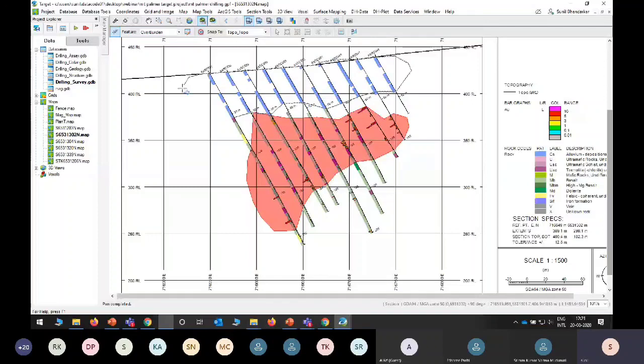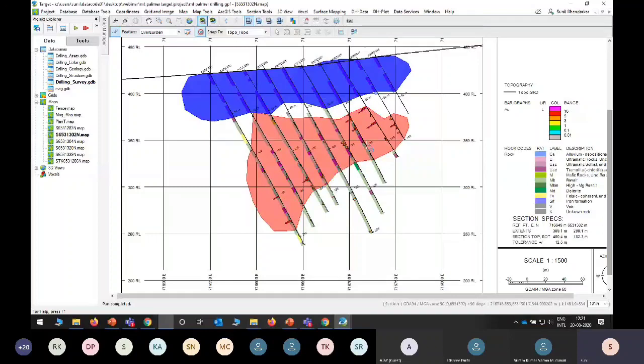So this is the way I can correlate my ore bodies, different ore bodies or different mineral formations, because the more accuracy you put in while creating a cross section or a geostring file, that same accuracy you can get in your resource estimation. And we need to follow the same thing for all the cross sections we have in our area.